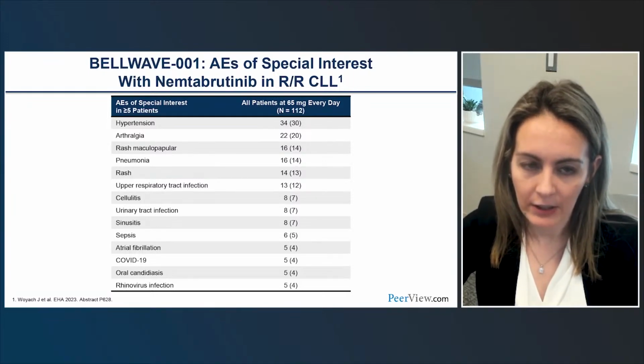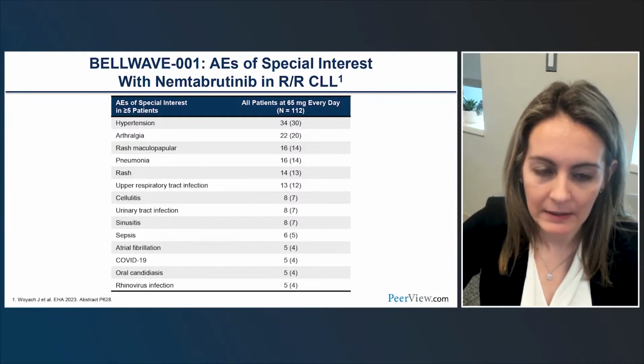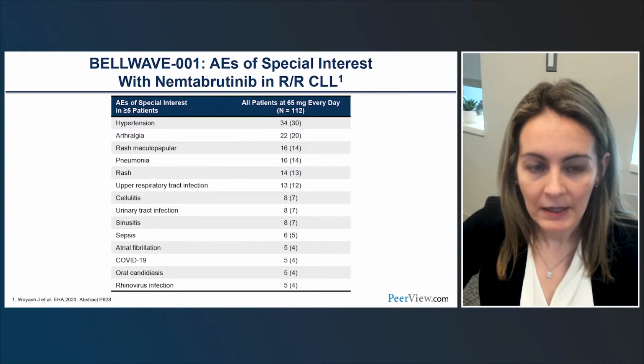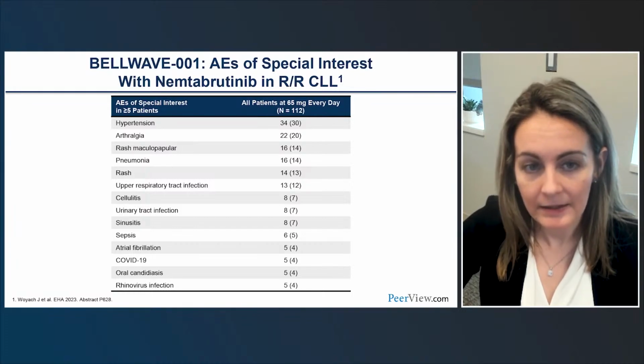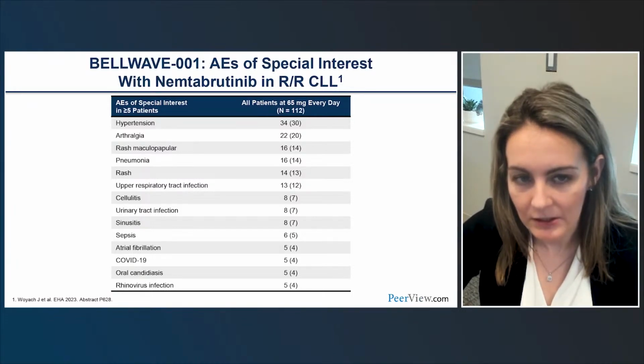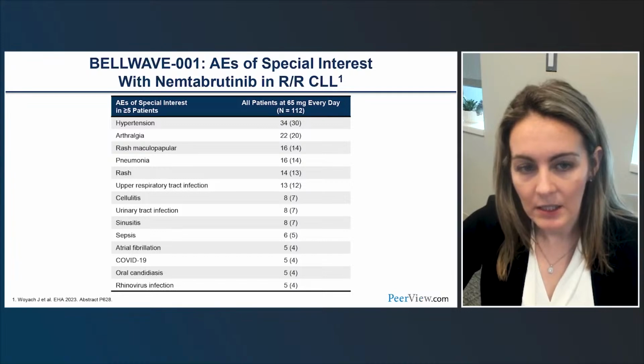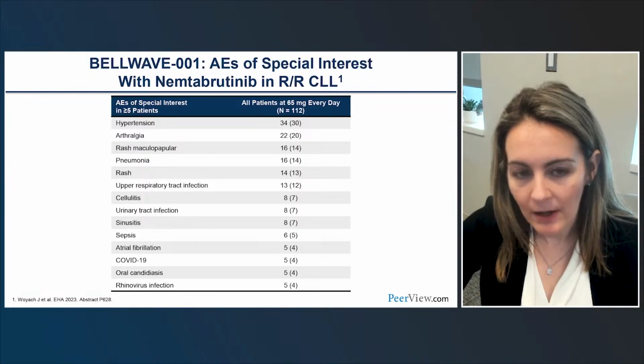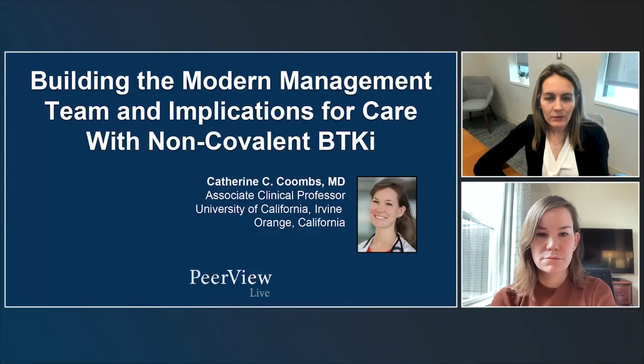The clinical trials have focused in on commonly seen AEs. So for hypertension, this lists AEs that are seen in 5 or more patients. That occurred in 30% of the study population here. Other AEs include arthralgia and rash were commonly seen. So now we're going to